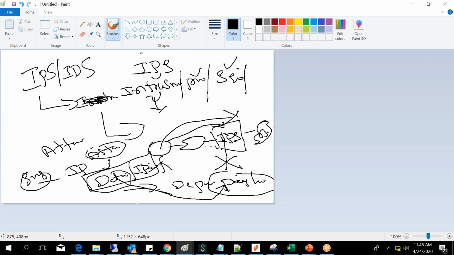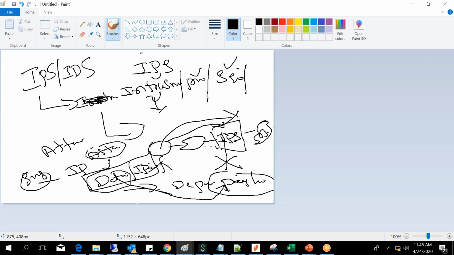Let's say last week there was a Cognizant ransomware attack. The payload structure, how the payload looks, will be there as a pattern in the database.